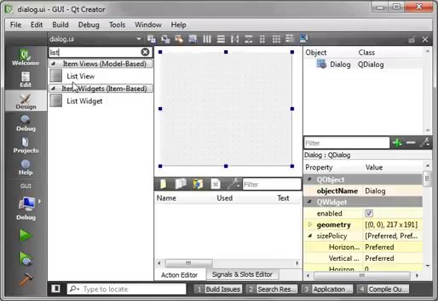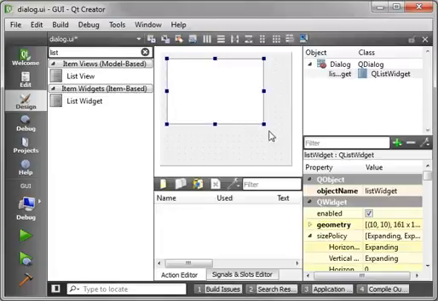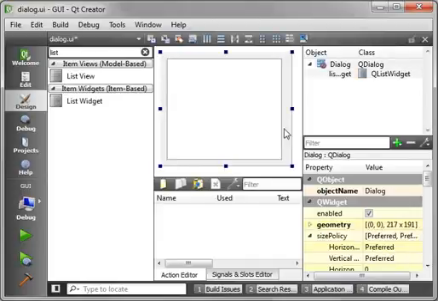Let me explain. The list view uses the Qt model view framework, which is an advanced topic we won't be covering just yet. The list widget is what you're expecting, which allows you to add, edit, and delete items manually. Where the model view framework, the list view, you would have to update the model, and the model updates the view. Like I said, that's an advanced topic we won't be covering just yet, but we'll get to it eventually. So just throw a list widget onto your form,